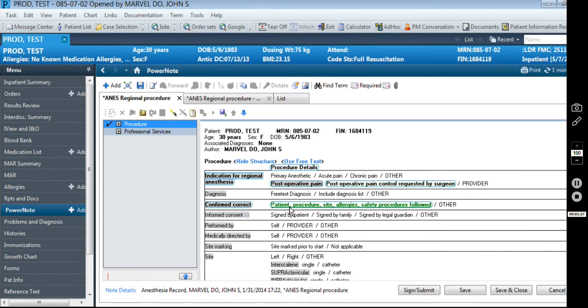Most of the time, we're going to confirm our correct patient and everything, so I'm going to mark that now. Obviously, if that changes, we need to change it in our next note. Informed consent, and usually performed by self. Site marking is almost always done beforehand. And again, change that if it needs to. On the site, I'm not going to list it right or left because I don't know. And then I'm going to scroll down